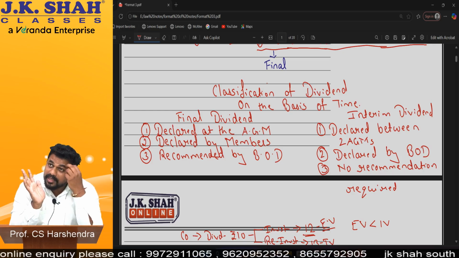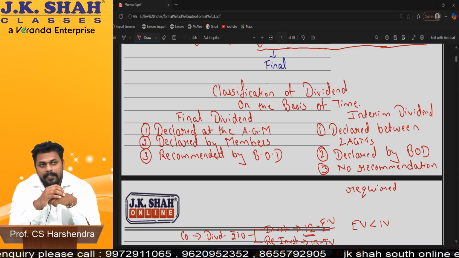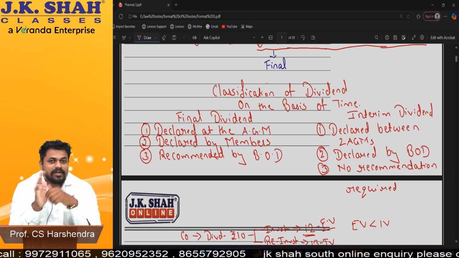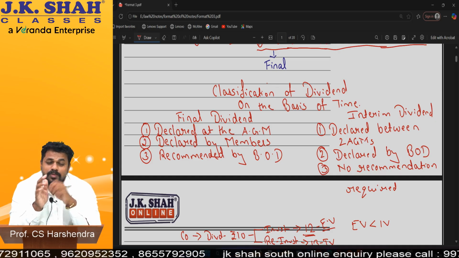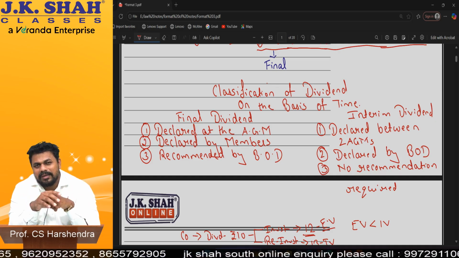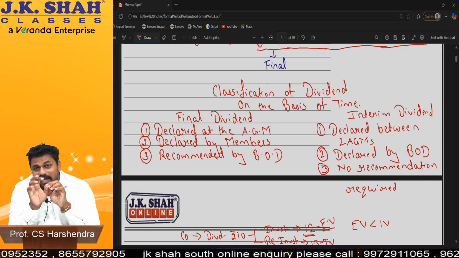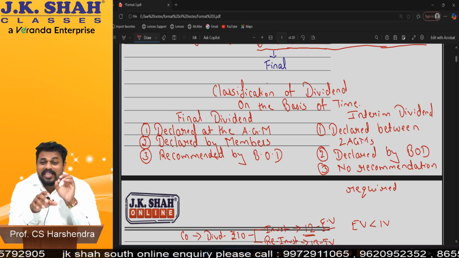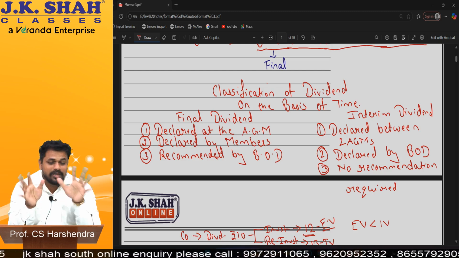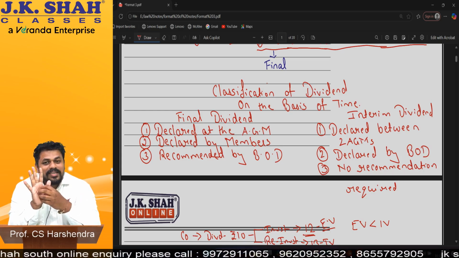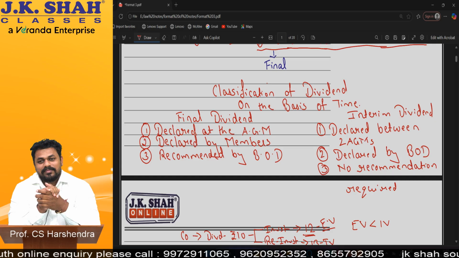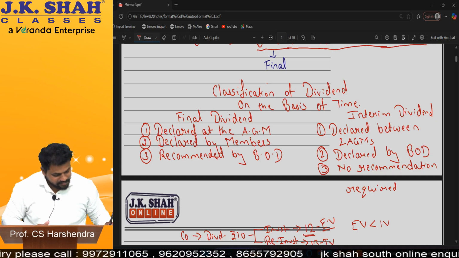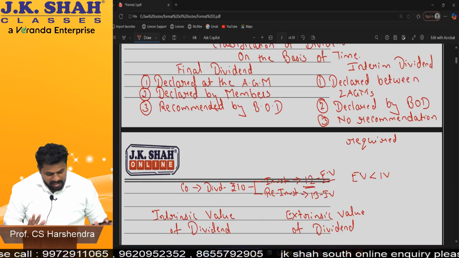Am I clear? One company I still remember in 2022. Chennai based company. I don't remember the name exactly. One of my students had invested. That company gave how much dividend? Generally dividend is given at 5%, 10%. That company declared an interim dividend of 9,000%. I was shocked. So tell me, beta, should you invest in that company? No, because it is flushing out the money. Am I clear? Understood? So this is the reason. Clear? Everyone? Okay.